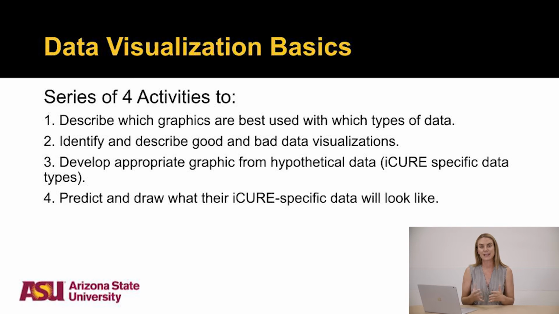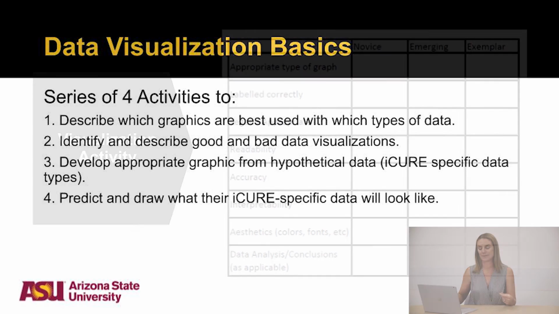So the next activities will help build a student's intuition about what makes a good and a bad visualization. What are the key aspects of a visualization that they should look for in making their own? Like labeling appropriately, the use of color, what types of graphics are best for certain types of data. We want them to explore a bunch of different options so they know what's out there and we're not limited to pie charts and bar graphs. We'll also help them develop appropriate graphics and learn to see what they would be best for their data.